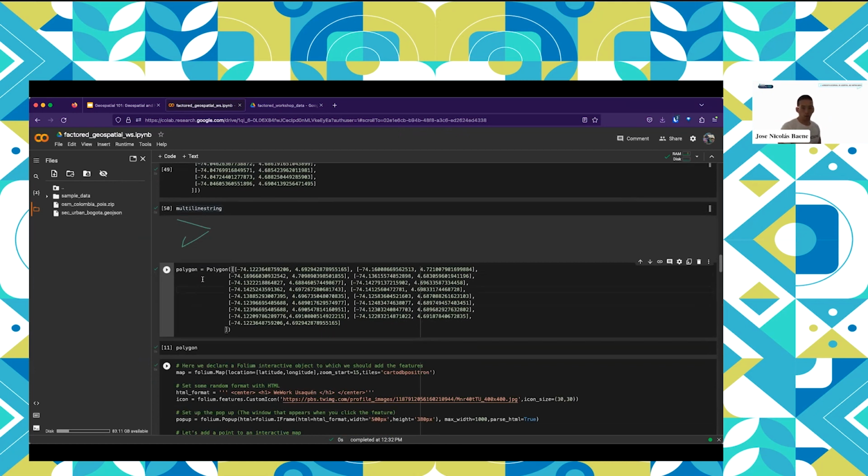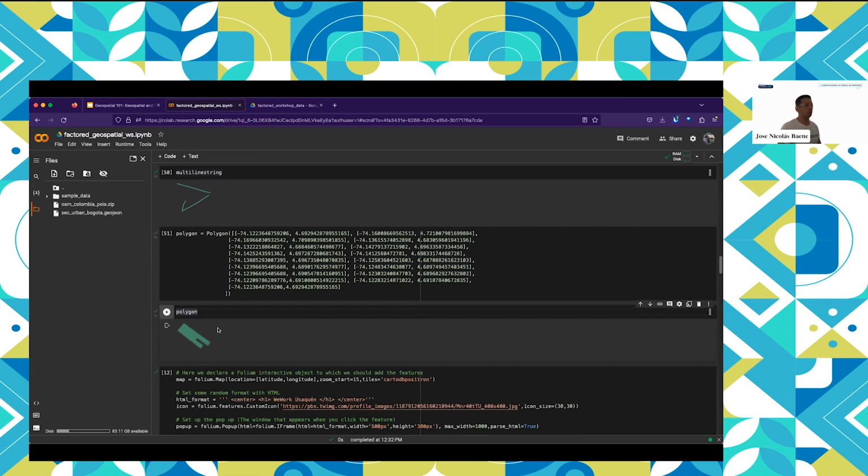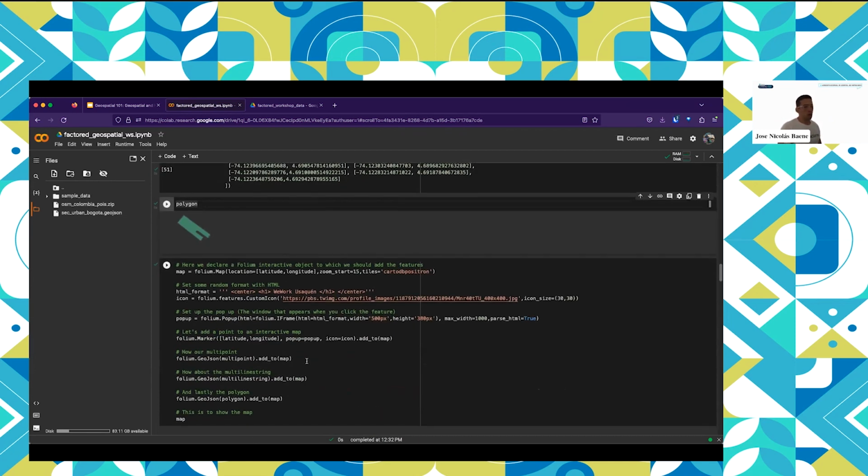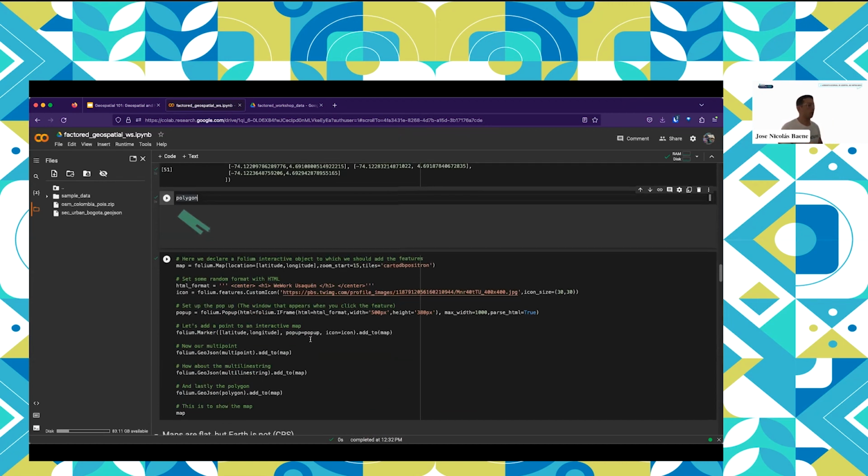We can also do polygons. And in this case it is a much more complex shape than what we are used to. So this is my polygon. And this bit of code, I will explain a little bit of how it's working. Here we will have a little bit of interactive mapping, but interactive mapping is very broad and very interesting, and it's just an initial part.